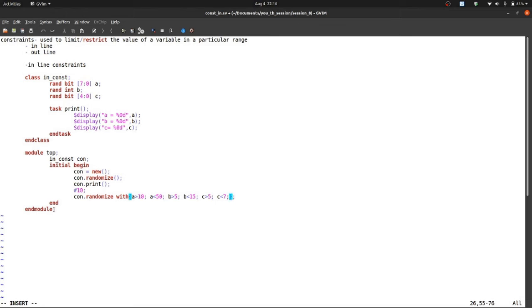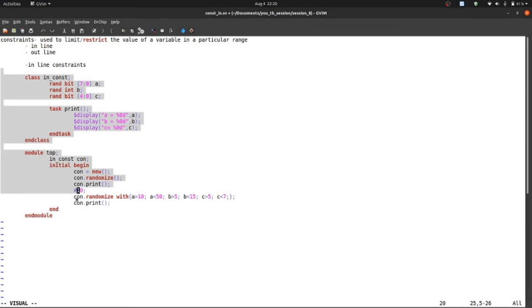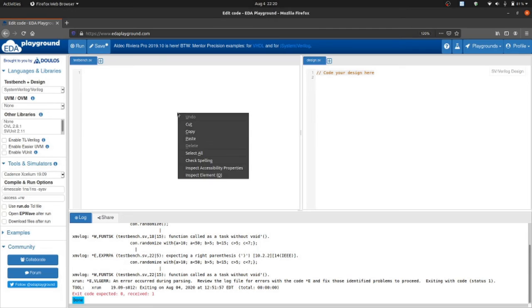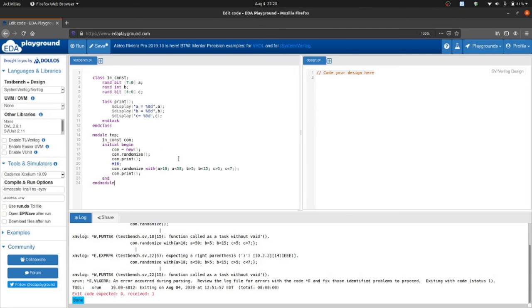Let's run this code, and after that we should write a print mechanism. Let's run it. Also let's write a $display over here to differentiate between with constraints and without constraints.